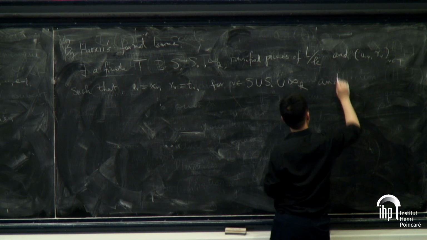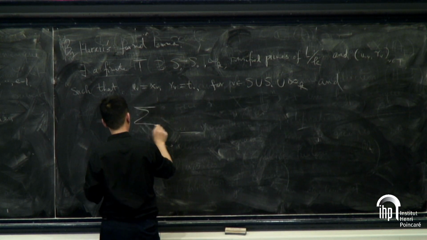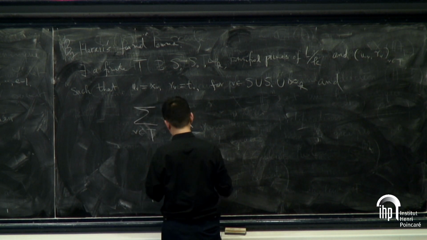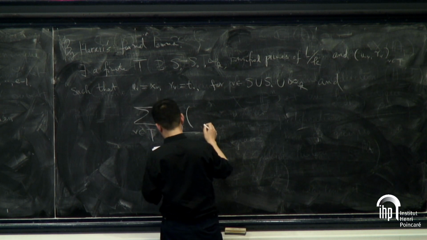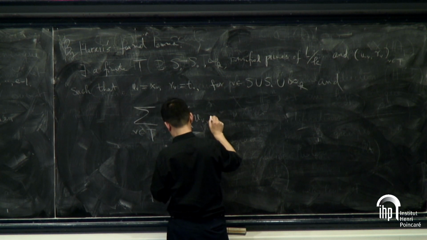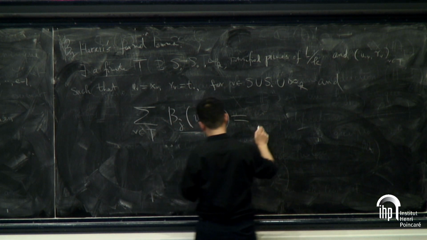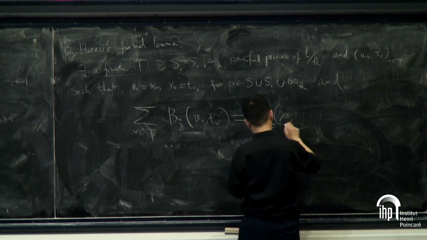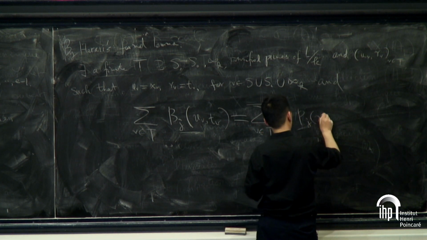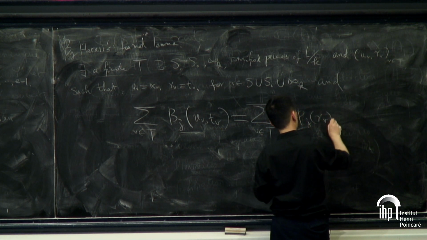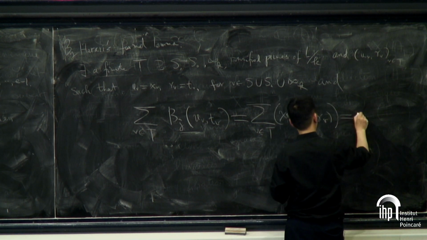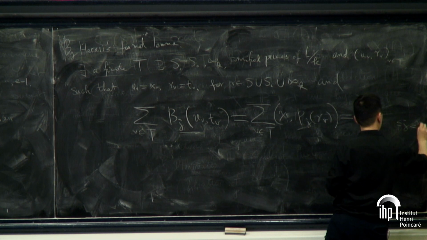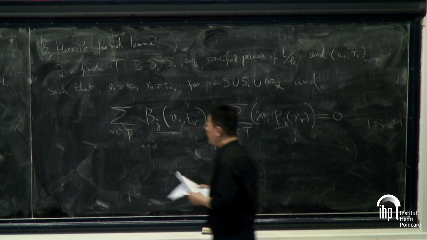And I still have that this sum over T is 0. B_j evaluated: well, this is invariant, I don't want to repeat too much. The sum over v in T of chi applied to P_j at this local value equals 0, for this j between 1 and m. Now I apply Schinzel.